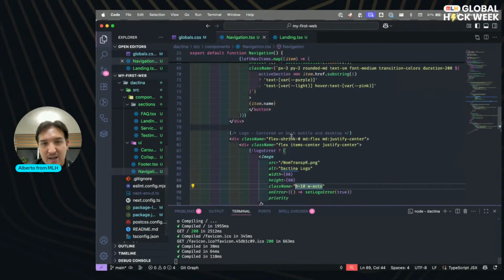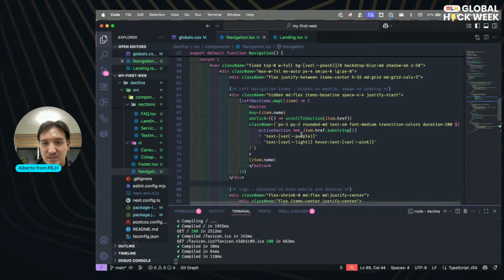Yep, I am liking these changes. The selected text should be pink. These ones should be purple.